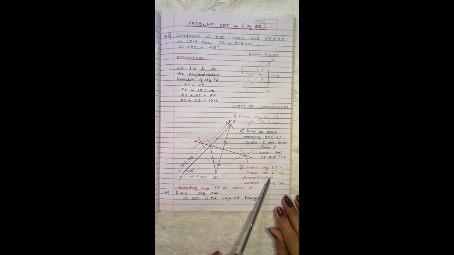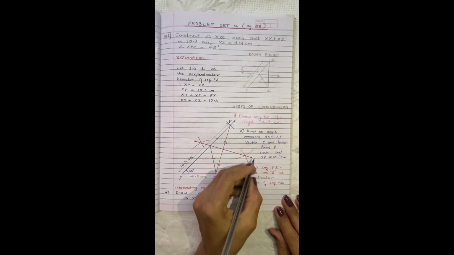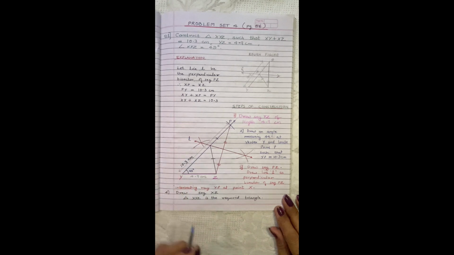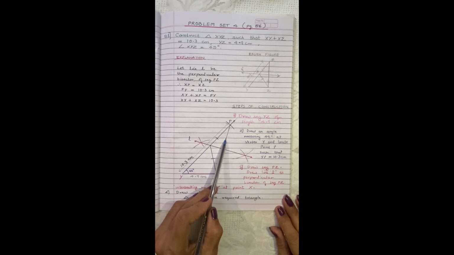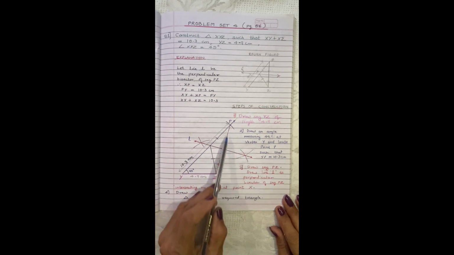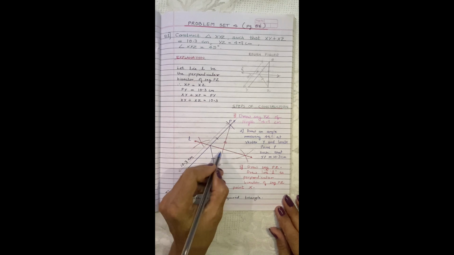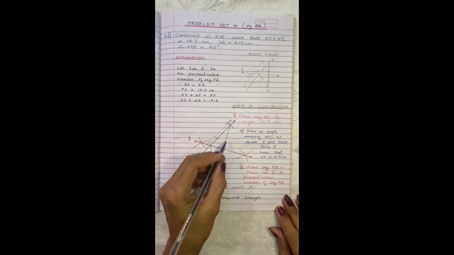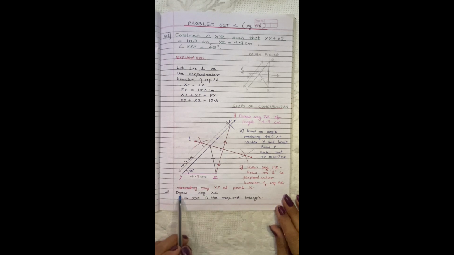Draw line L. This is line L as perpendicular bisector of segment PZ. Now we'll draw perpendicular bisector of PZ. So taking more than half of this line on your compass and drawing arcs to the left and to the right of this line, we are getting an angle of 90 degree over here and even dividing this line into two equal parts. So point of PZ intersecting ray YP at